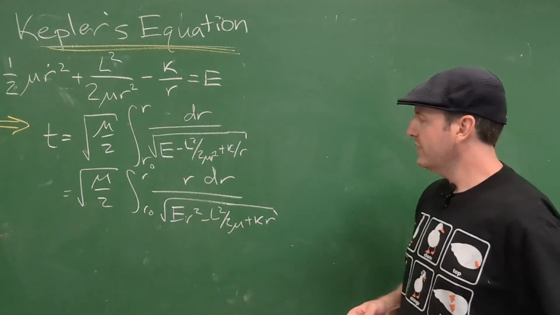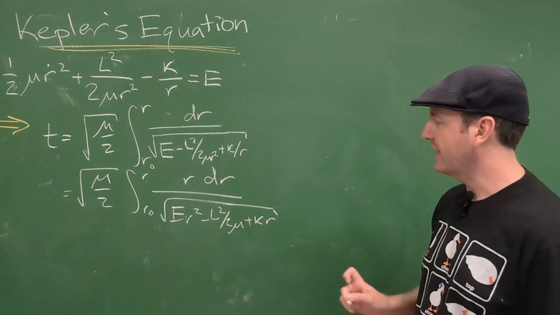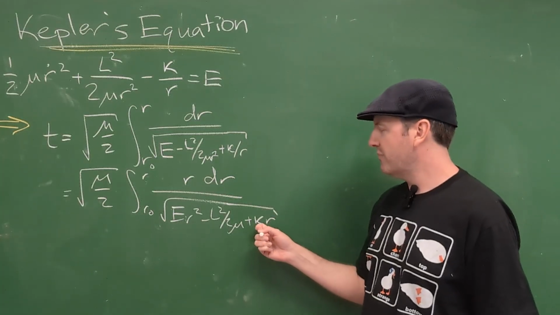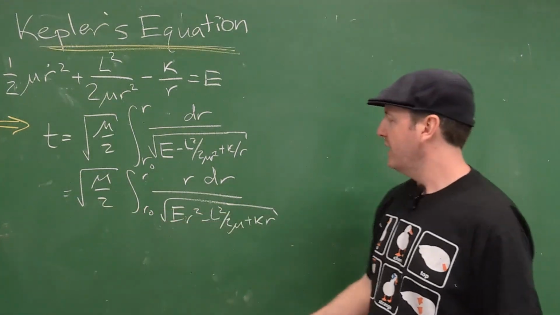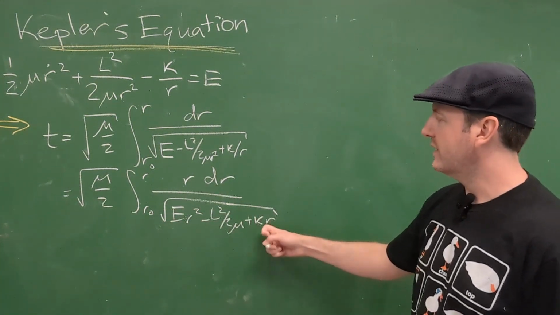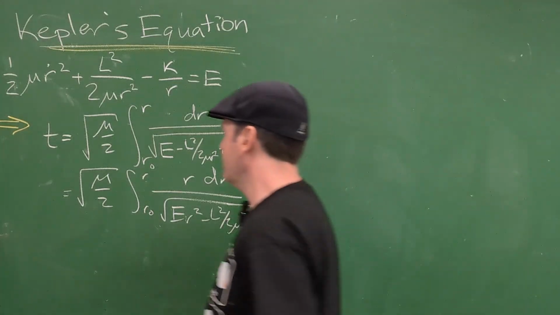Okay, the next thing I'm going to do is a couple more bits of simplification. First off, let's go ahead and pull this kappa out of every single term. And that will leave just an r here. And then we'll be left with a couple convenient forms. So if we do that,